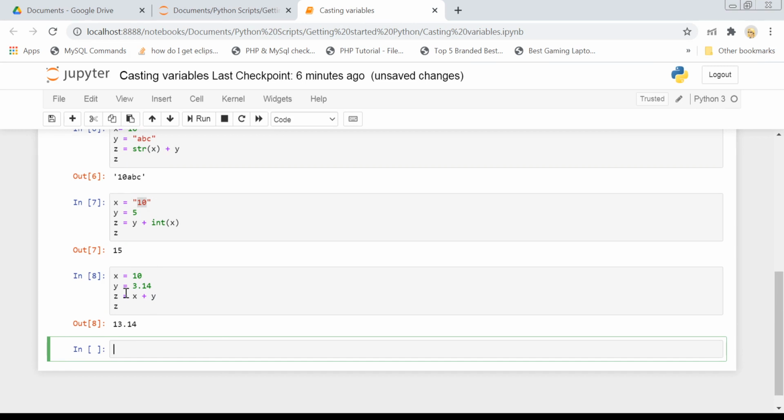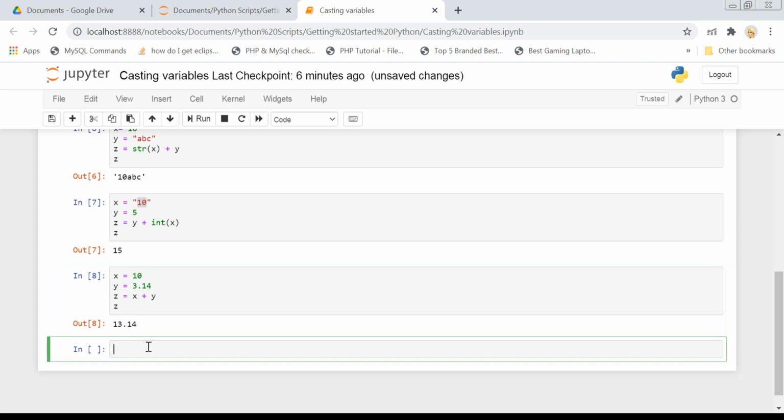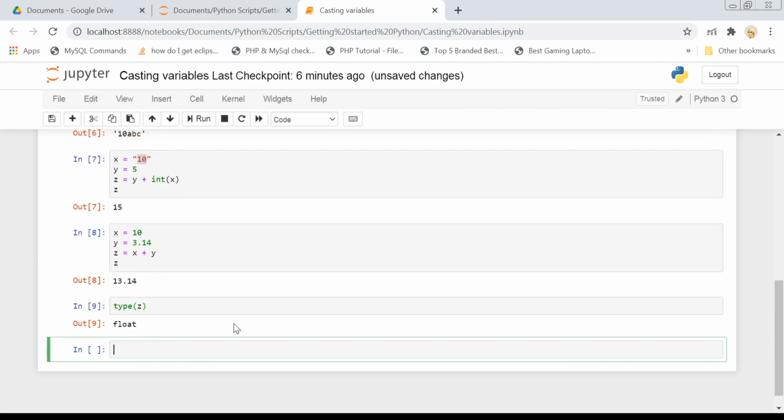Integer is a smaller data type because it can have a smaller range of numbers, whereas float can have a higher range of numbers. That is why if you add, subtract or multiply any integer with a float, you will always get a result of type float. So if I check the type here, it will be float.